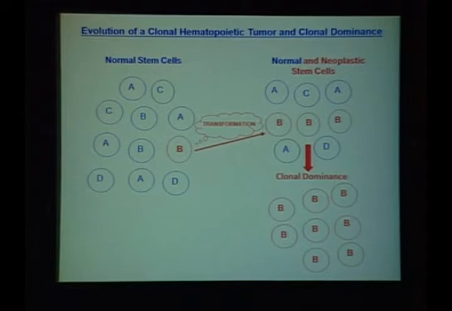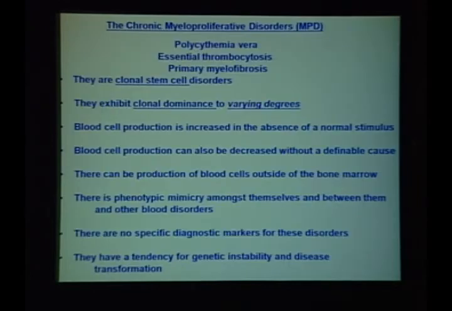We have clonal dominance. Now, if you're up at the top of the slide where you have both normal and neoplastic stem cells, you have what we call a chimera. And generally, that keeps the neoplastic stem cells intact from taking over, but we don't understand why. In most cases, that doesn't happen. So with that background, we're back to these three disorders. And I can tell you now they're clonal stem cell disorders and that they exhibit clonal dominance. Eventually, the affected stem cell, the one with the JAK2 mutation, the MPL mutation, or mutations that we don't know about in 30 to 40% of the patients, leads to clonal dominance by varying degrees, and I will show you